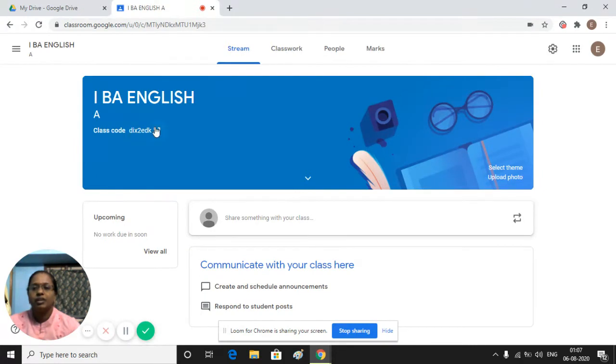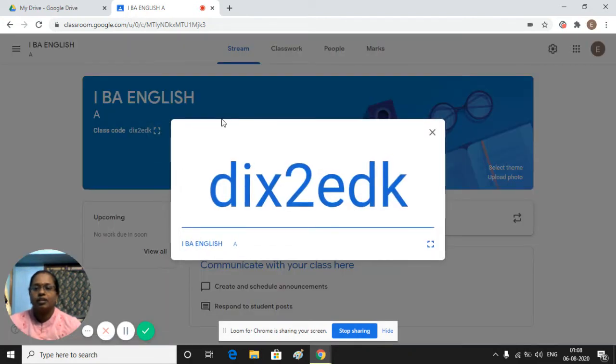After that, it will appear like that. Teachers should copy the code and send it to the students, asking them to join the class. This is one way. The other way, collect the emails and you can add all those students inside that classroom. So you can give the code to join.